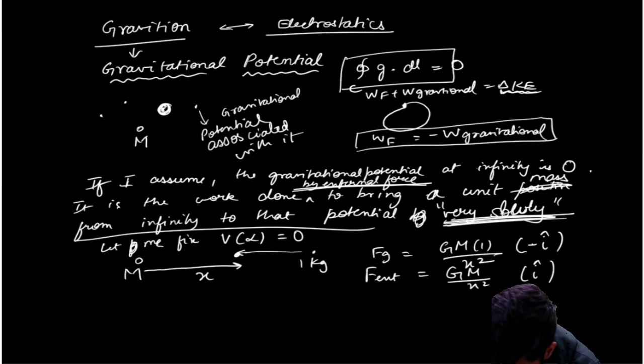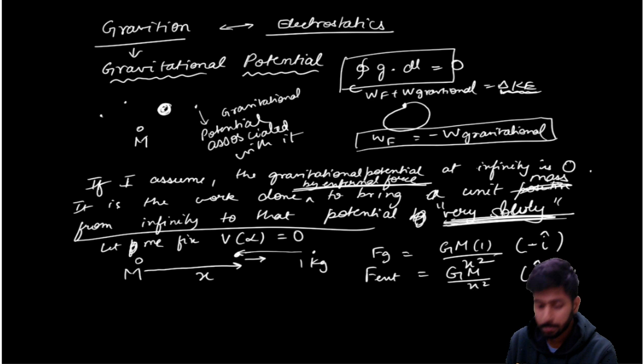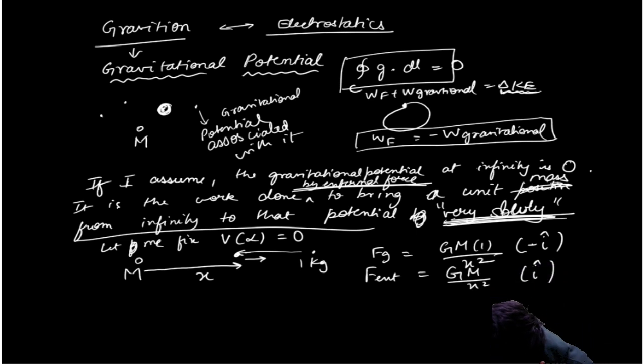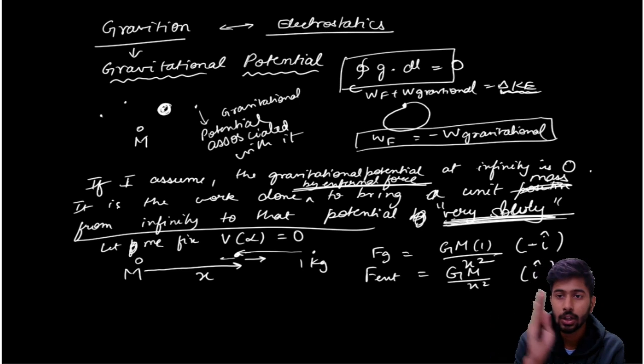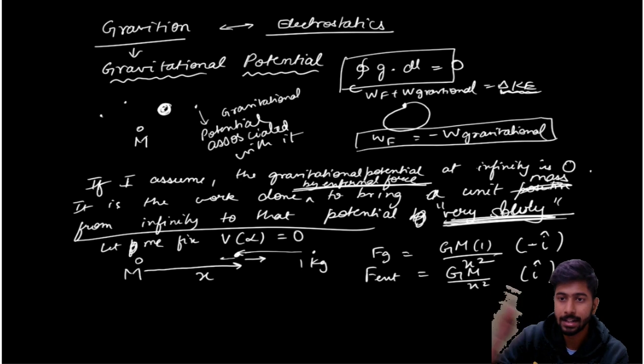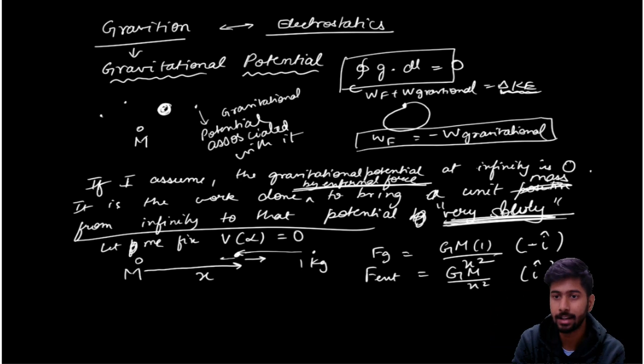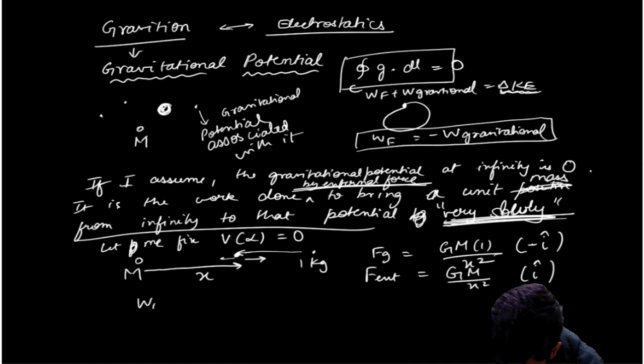So your external force is in this direction, but your displacement is in this direction, right? Because the body is actually going closer to the mass. You are bringing it from infinity to a distance x, towards m. So the work done by the external force is minus integral